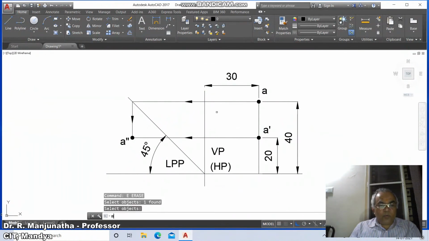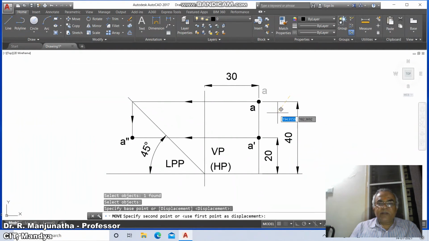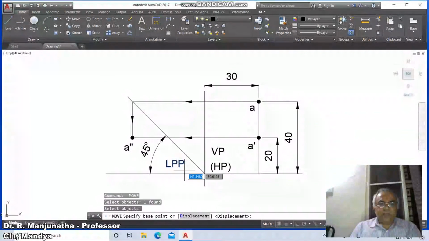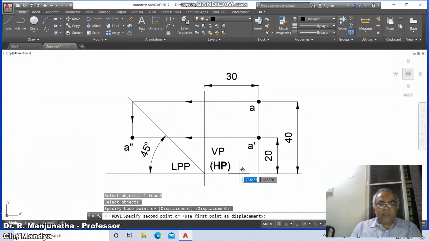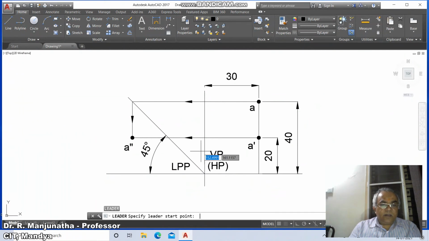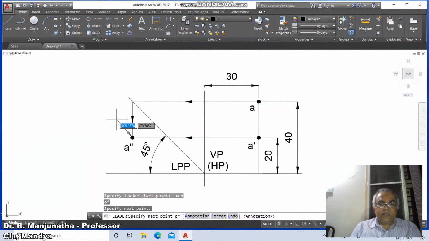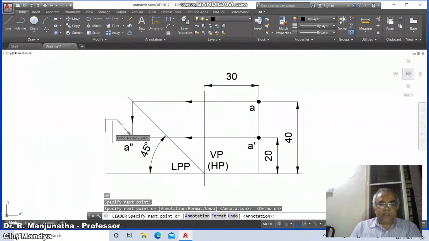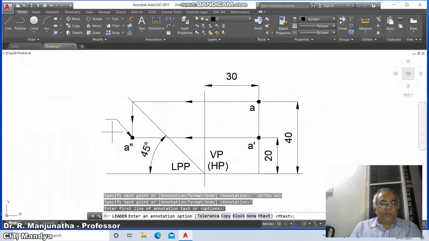Now we need to move it appropriately. You just go to A dash, select this A dash, move it somewhere here, then go to A and you select somewhere here, and A double dash, you keep it here. And then we need to move this here. Similarly, this HP, this VP, then leader, take center of this and then drag this, then keep the arrowhead on and you type this, annotation, options,